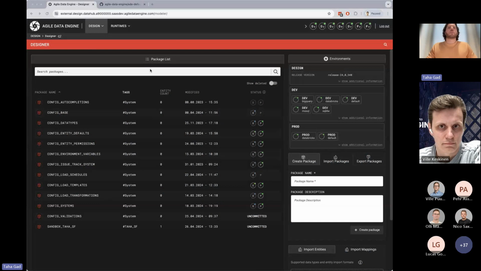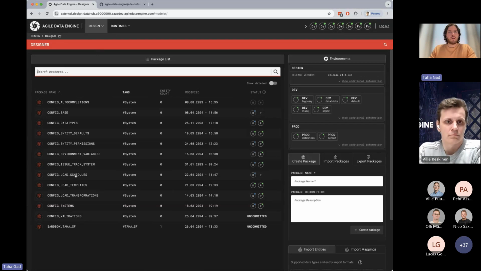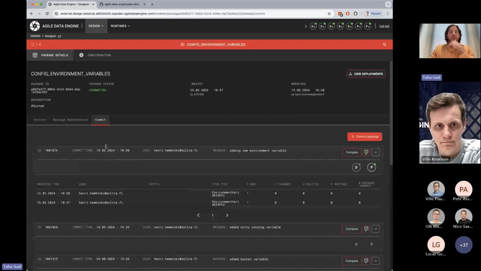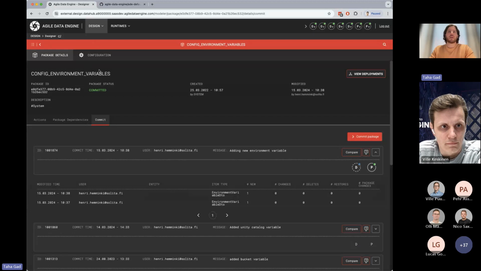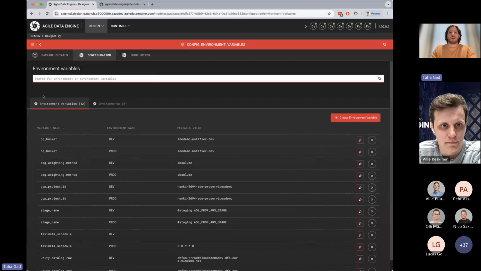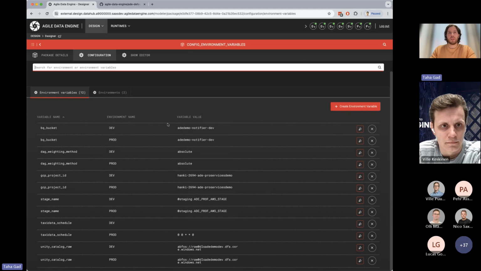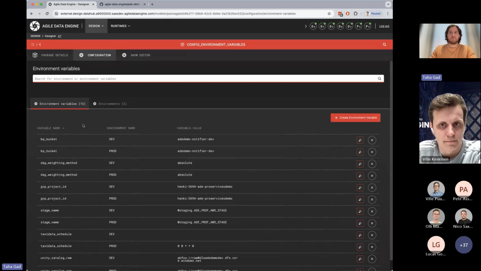You should be seeing my ADE screen now. So I'll just show you a couple of examples here. First of all, the environment variables. How these work is like before. You go to the configuration package, then you click configuration, and now there is this user interface being shown if the config package has one. So for example, this environment variables package,